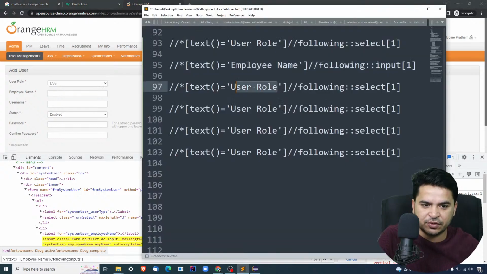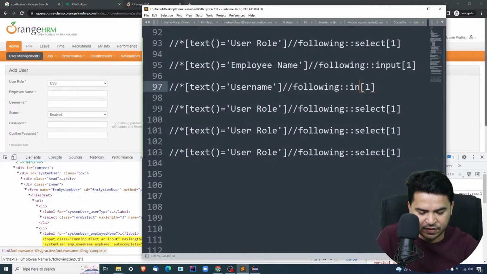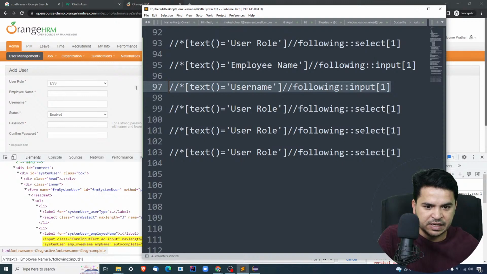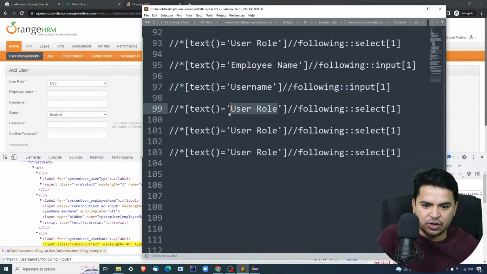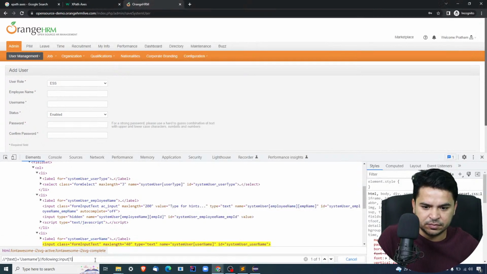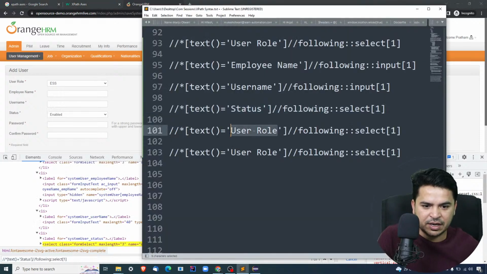Let's try for the third one. User name, this is also input. So can I use this as input? Yes. Let's verify one by one. Okay, yes, verified. Now let's talk about the status. I will use status, and this is a select one. Yes, this is also fine. Now let's do the last two. Password